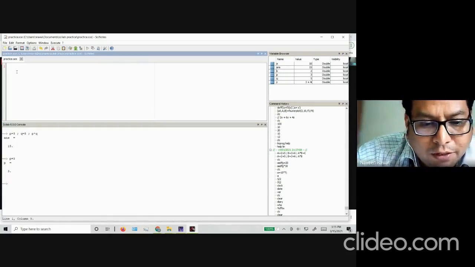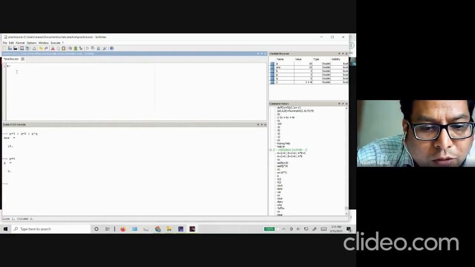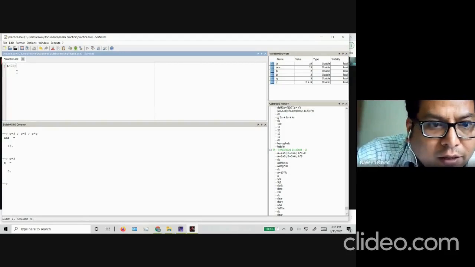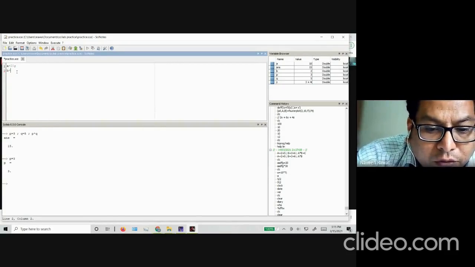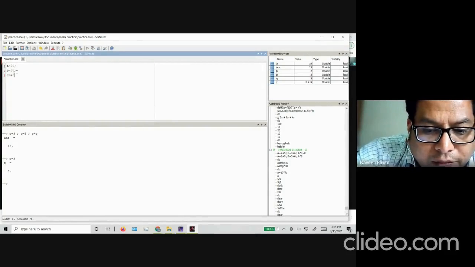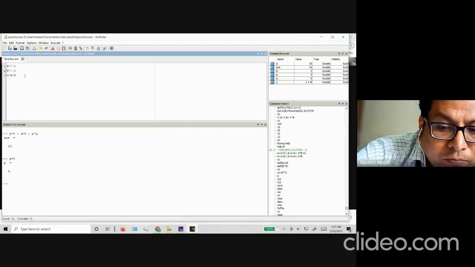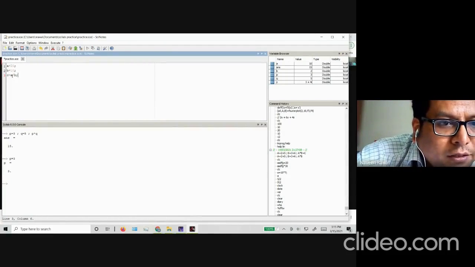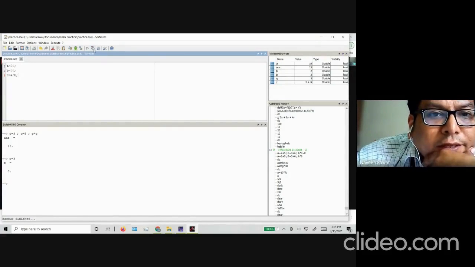Let me try to write a short program. a is equal to 20, and I want to say b is equal to 10, and I want to say c is equal to a divided by b, and again I have to use a semicolon to define it. So I have written a very short program. I have defined a is equal to 20, b is equal to 10, and c is this, and I'm just going to now hit the execute button. It's this top button right here, save and execute.